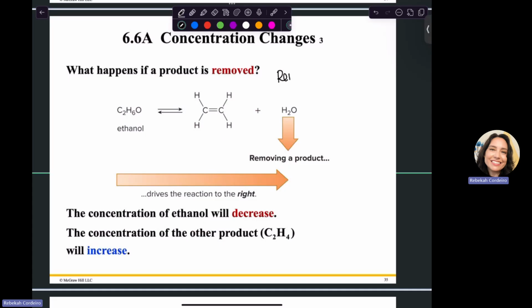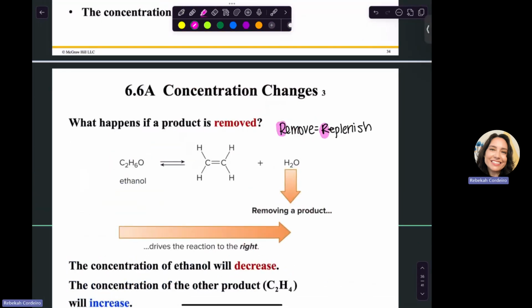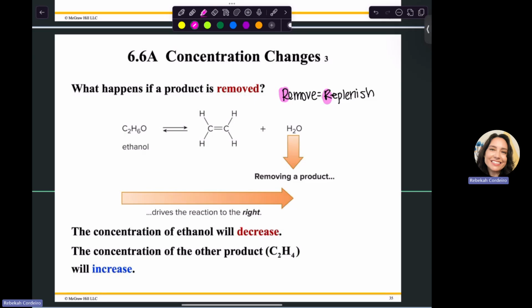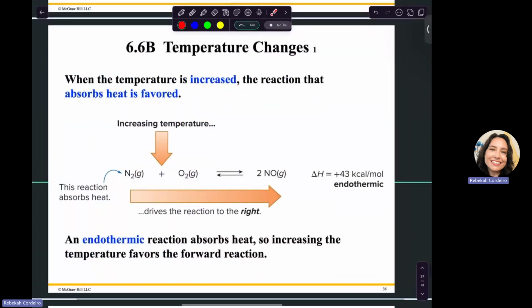So remove, replenish. You can think of these alliterations to help you: remove, replenish. So if you remove something, you've got to go make more of that thing. So you can think about what way you're going to shift based on what you're adding or removing. For temperature, just treat heat